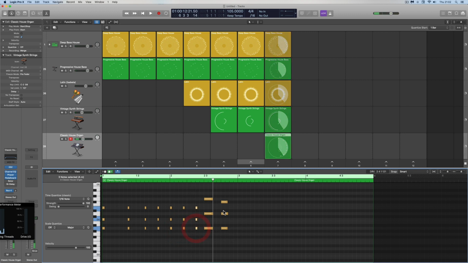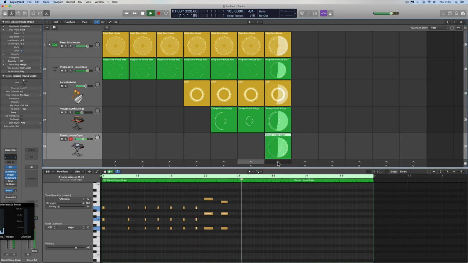Lick in there. Let's see that. That'll do, and then